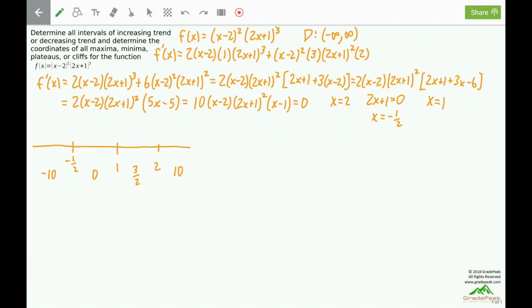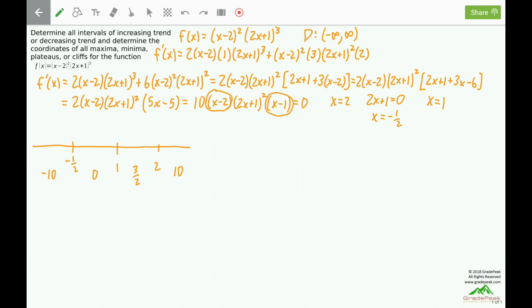We can test the trend by plugging the test values into the first derivative. We don't care about the value of the first derivative, just whether it is positive or negative, so it's best to plug into the fully factored version. A couple things to notice here. The 10 is positive, so it will not affect the sign. And then the 2x plus 1 is squared, and therefore will always be positive and will not affect the sign. So only the x minus 2 and the x minus 1 will matter. So really, we just plug into